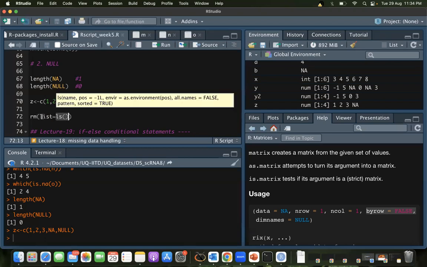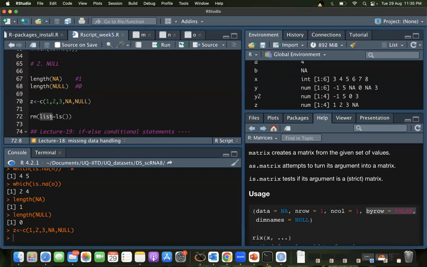And what I'm actually giving it here is the input. So list is the name of the argument, right? Remember, byrow is the name of the argument, ncol is the name of the argument. Likewise, list is the name of the argument. And what is the value of that argument? ls. What does ls stand for? It's listing.